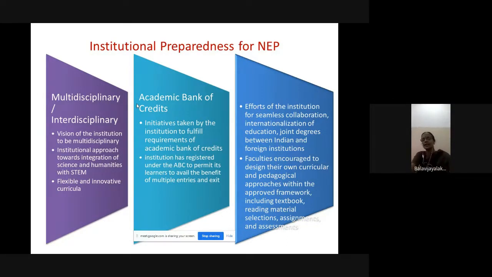that particular SSR. They are now insisting on the multidisciplinary or interdisciplinary approach of any educational institution, to make it multidisciplinary and interdisciplinary. What is the vision of the institution for institutional preparedness for the new education policy, and what is the institutional approach towards the integration of science and humanities with STEM, that is science, technology, engineering, mathematics. Based on that, how flexible and innovative is our curriculum. They want to insist on, NAAC wants us to answer these kinds of questions, how the institution is